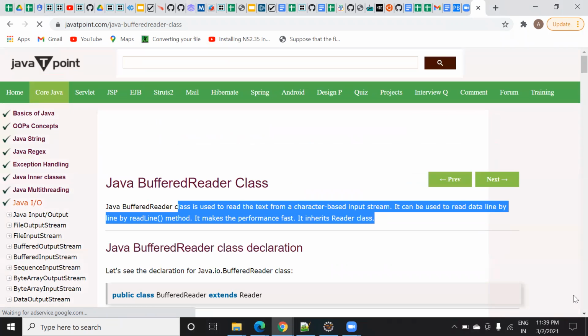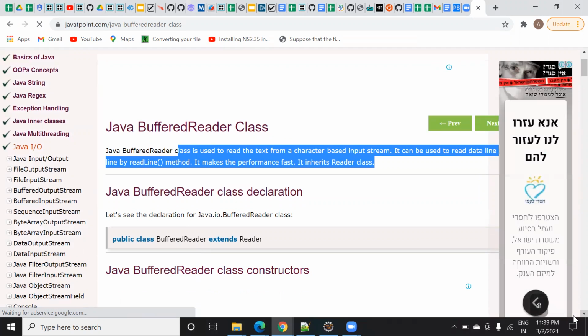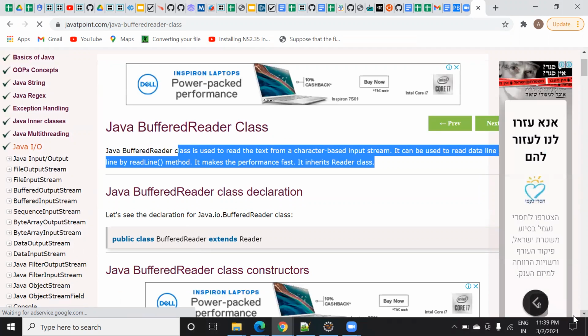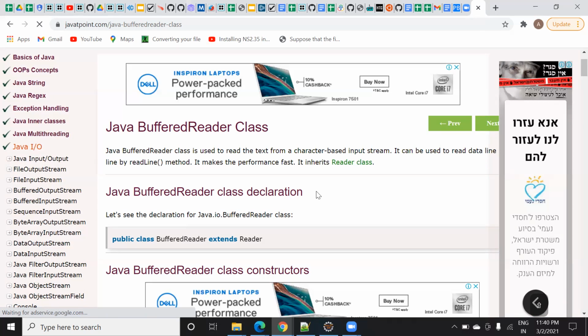As you can see on my screen, it is used to read text from a character-based input stream, and it is used to read data in the form of lines, meaning multiple lines of data it can read. Wherever you find stream, it means a collection of lines, a collection of words.